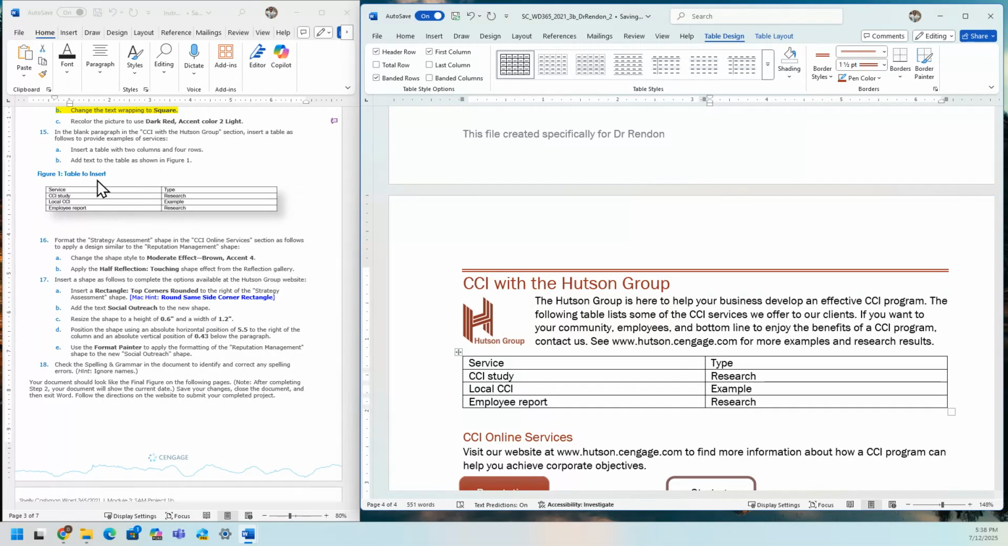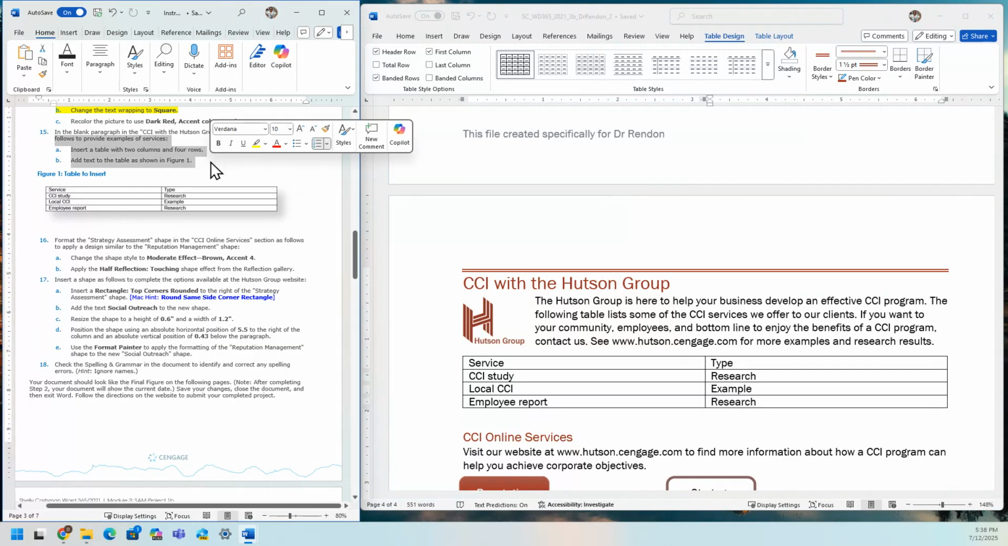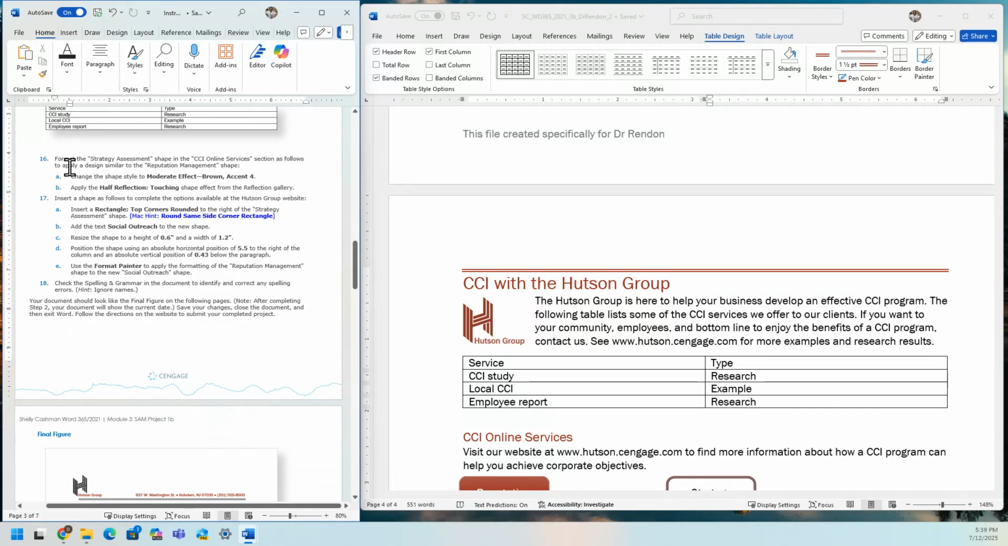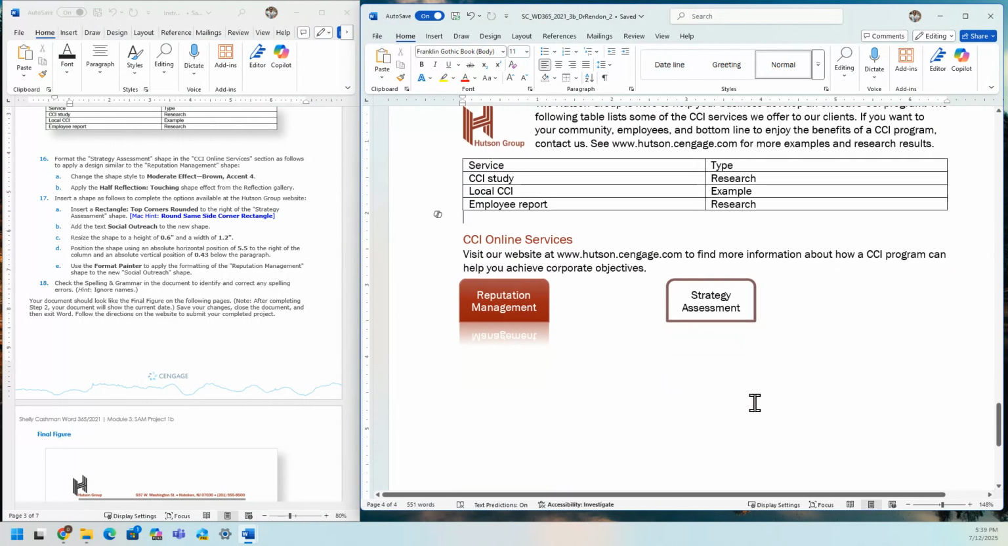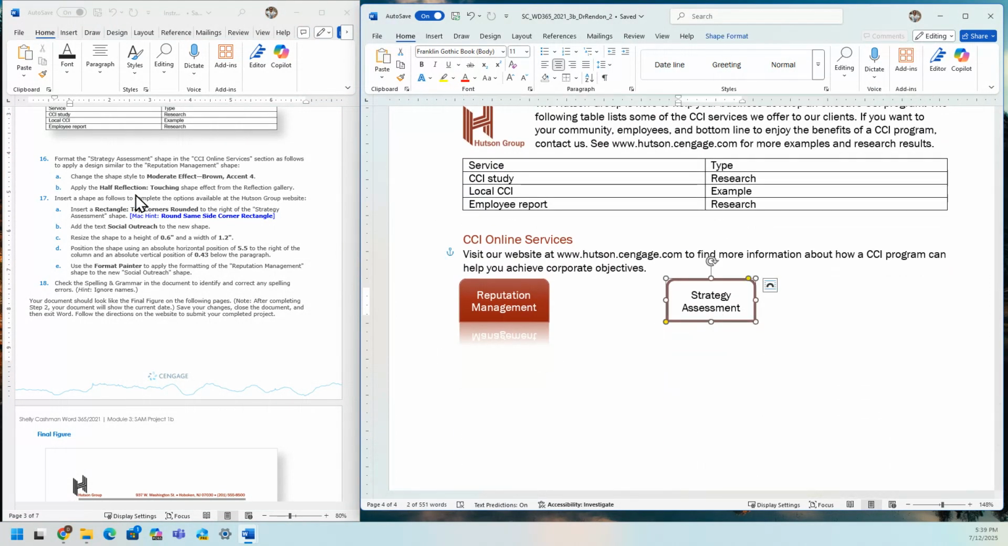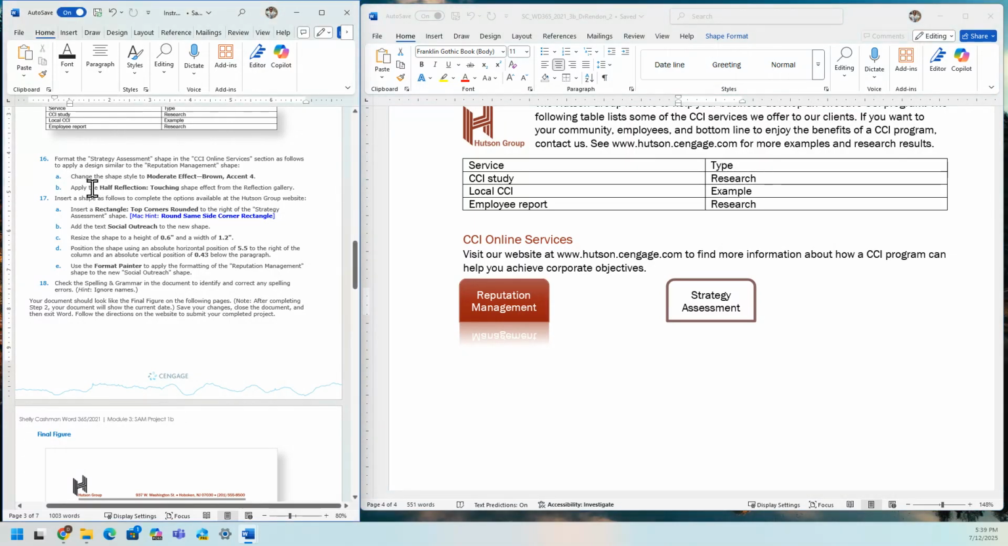Okay. So 15 is done. And then step 16, you're going to format the strategy assessment. So we have to scroll down to see that. Strategy assessment is here. Format the strategy assessment shape. Change the shape style to moderate effect, brown, accent 4. Then we're going to apply half reflection touching. So it's like similar to this one